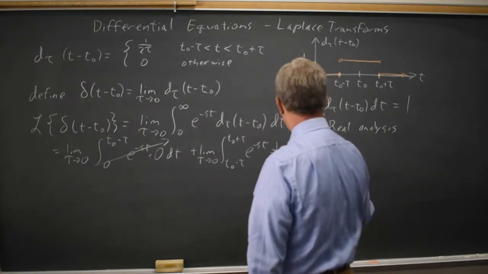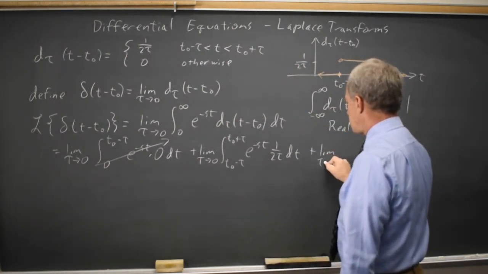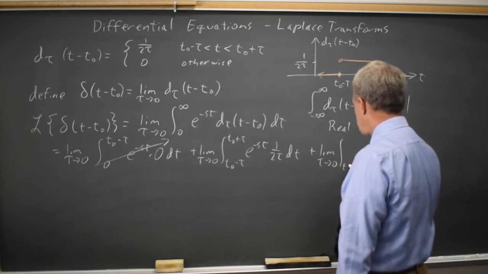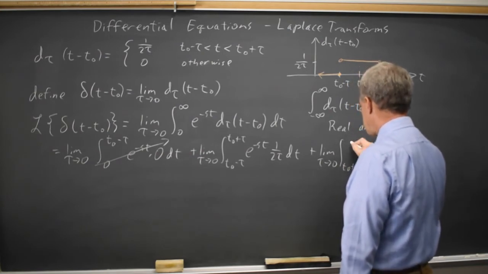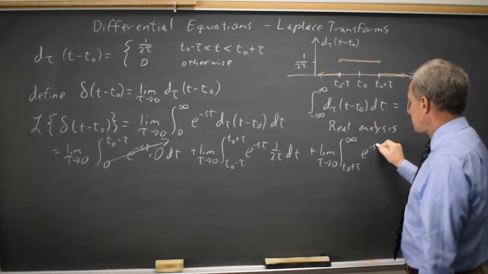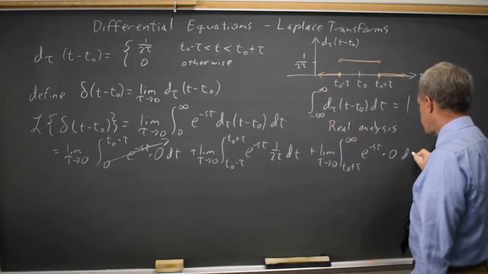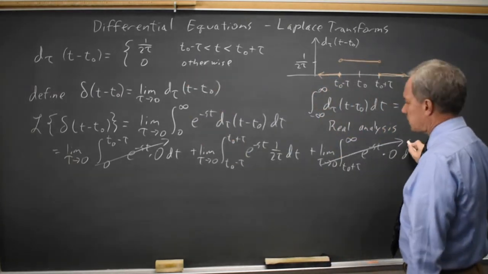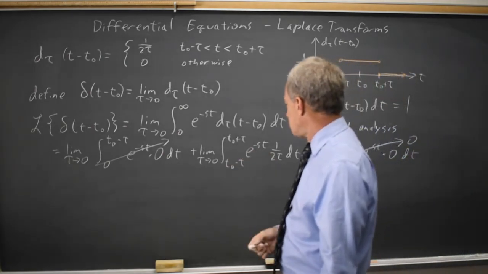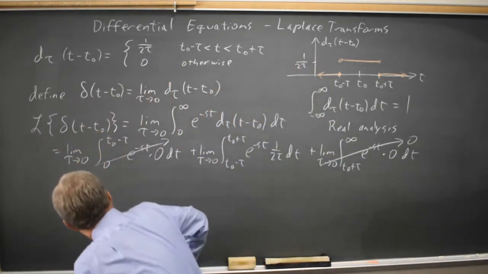dt, plus the limit as tau goes to 0 of the integral from t0 plus tau to infinity of e to the negative st, and again times 0. And again, this third integral is 0. So I'm only integrating this one expression, and that is